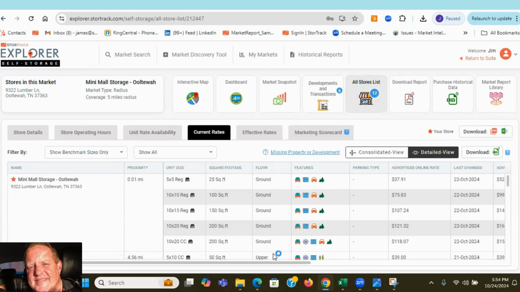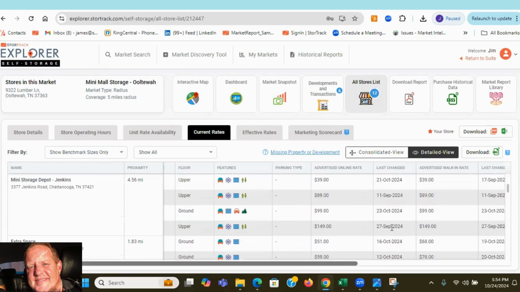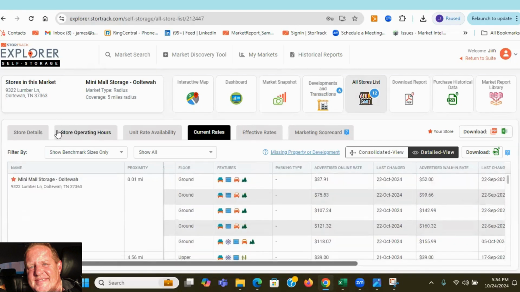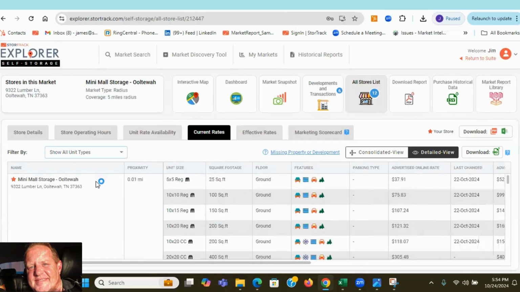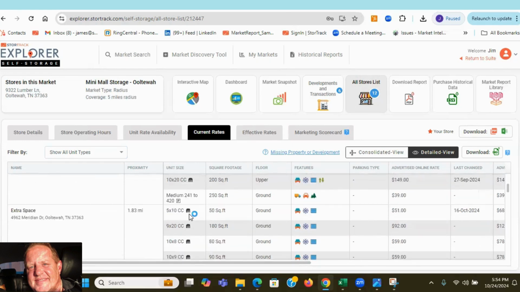We're going to tell you if it's ground floor, upper, when we last captured that rate, or when it last changed by operator. And right now it always defaults to the benchmark unit sizes. You can do parking only, and you can show all unit types. And when you do all unit types, literally every size unit, and again, including parking, and you can see in the parking, we're going to show you if it's uncovered, covered, or enclosed. You can see all of those rates